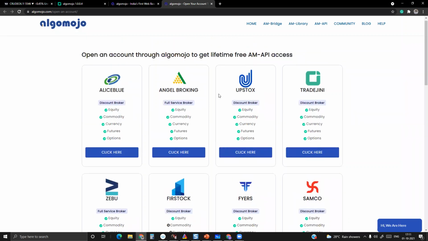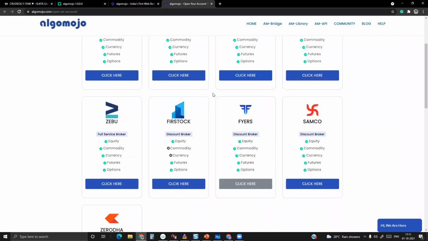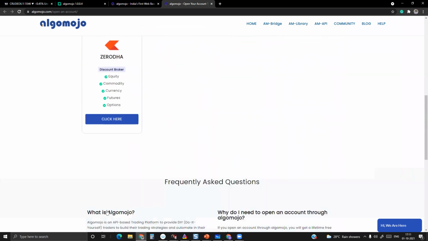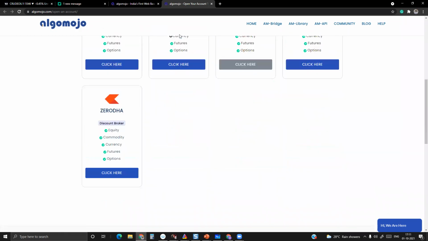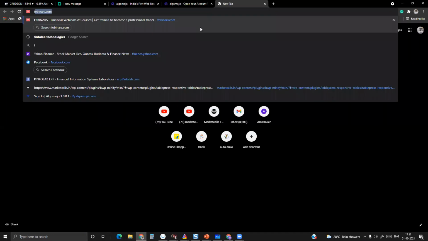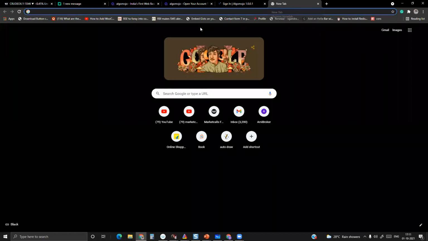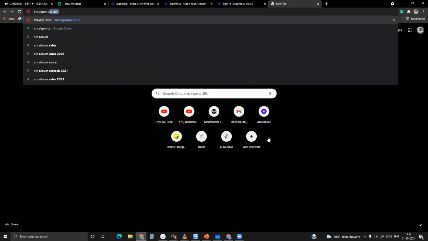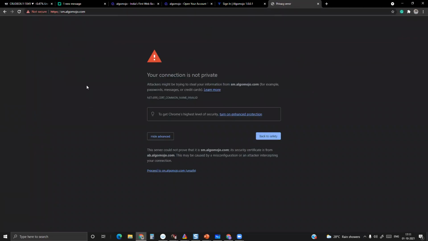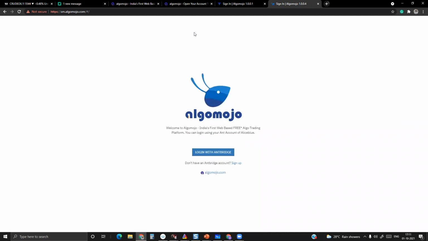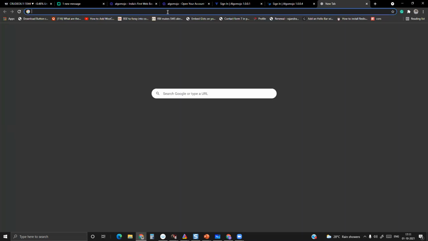These are the list of supported brokers. Right now, we've been working with Fyers, Samco, and Zerodha. Almost these portals are already ready. For Fyers it is fy.algomojo.com, for Samco I think it is sm.algomojo.com, which is still not ready yet but will be ready in some time, and probably for Zerodha it is ze.algomojo.com.